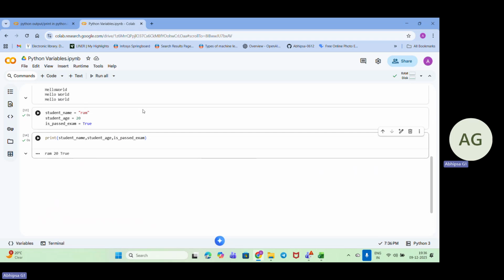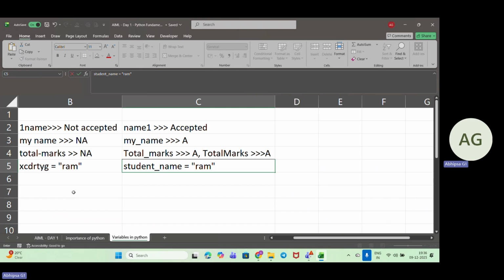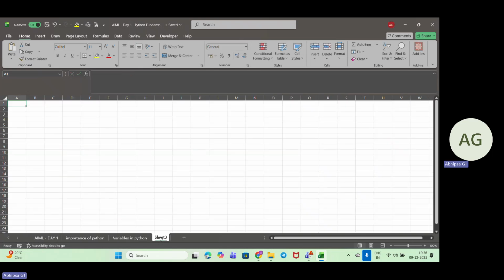Now we will be discussing the data types in Python. Let's just go inside the data type. Okay. So what are the data types? Data types in Python tell the computer what kind of data we are actually storing, right?